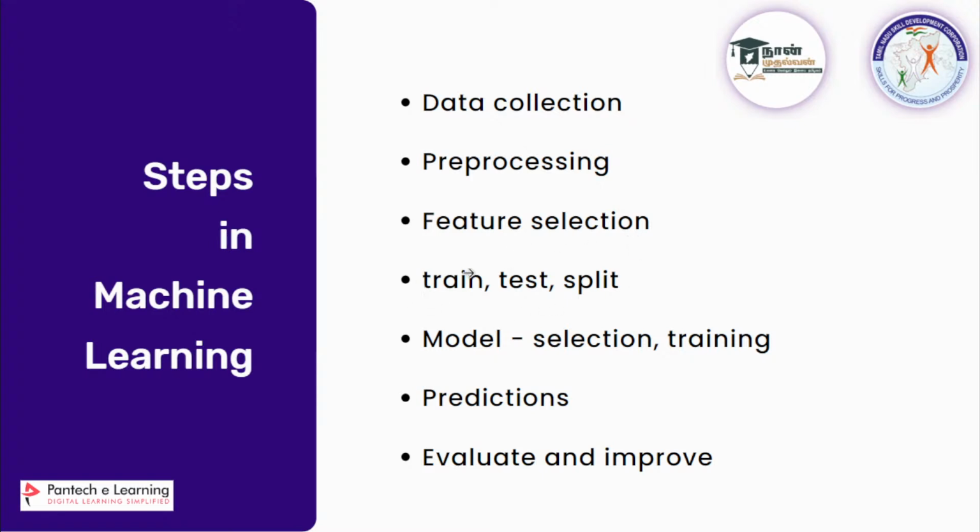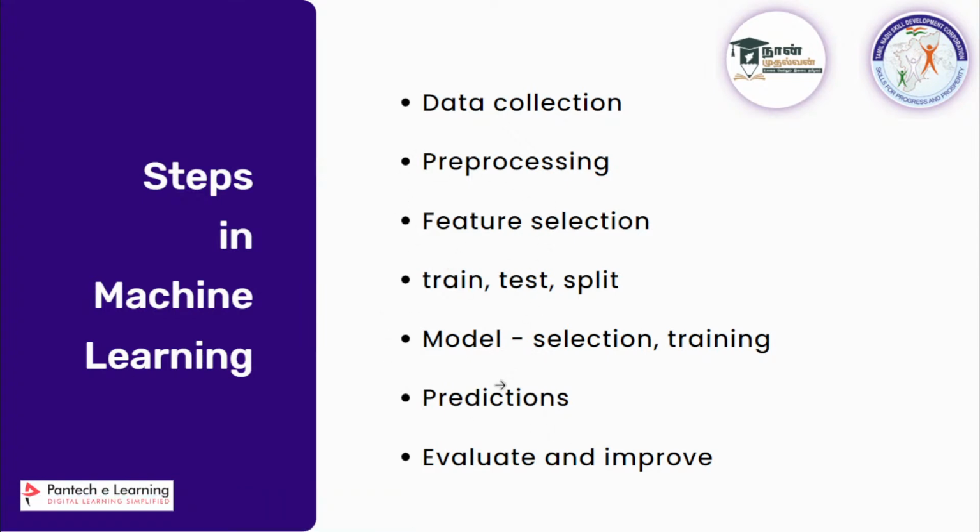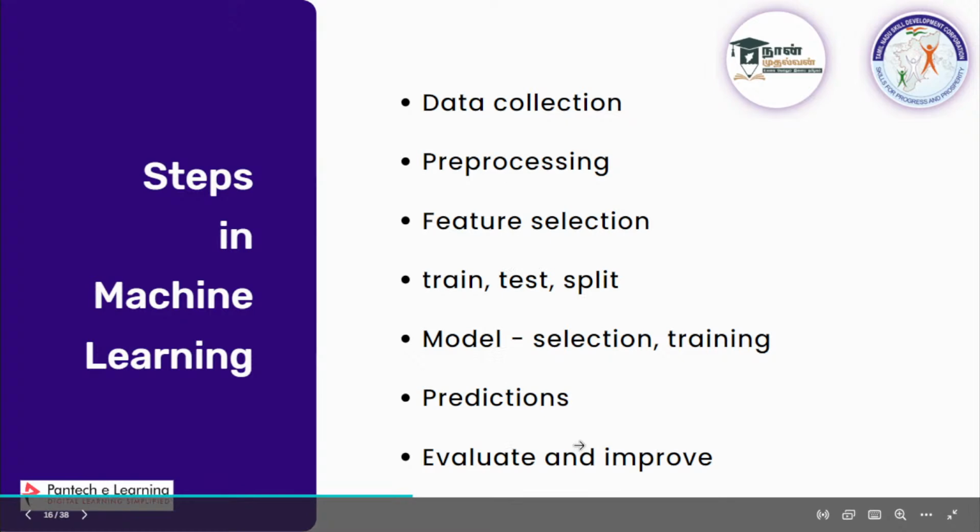And there is something known as train test split, we will see that later, which is nothing but, if we are having 1000 rows in our data set, we'll be splitting them, say 700 rows I'll give for the training part, and there is something known as testing, where I'll be giving the remaining 300 to the model to evaluate itself. So that step will come under prediction, evaluate and improve. If the prediction is low, then you want to change all these things to get higher prediction. You can get a score of it.